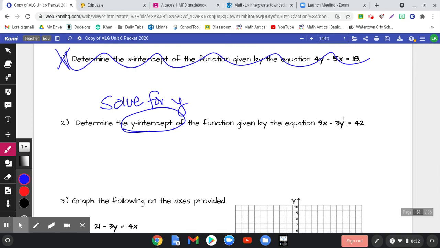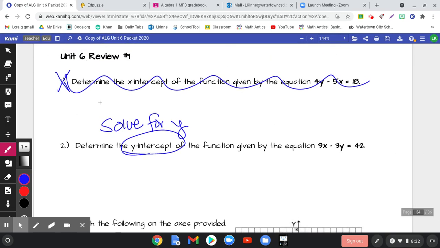Hi, everybody. So I just wanted to go over the Unit 6 review number 1 with you. Sometimes just looking at a key isn't very helpful. So you did not have to do the first one. If you did want to try it, any of you that wanted that extra practice, if you're looking for the